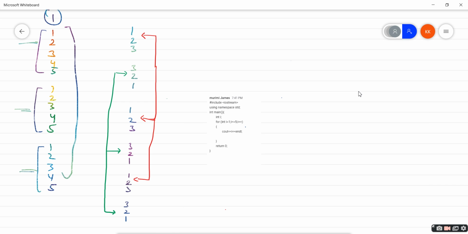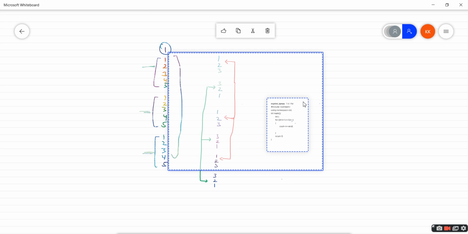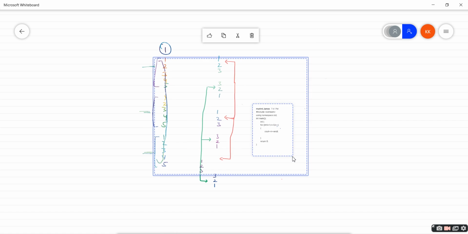So this one is your output, right? I need to make it print 15 times.